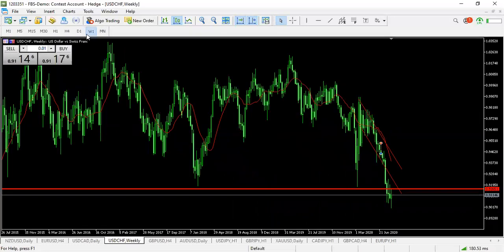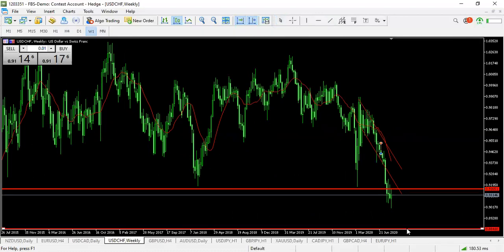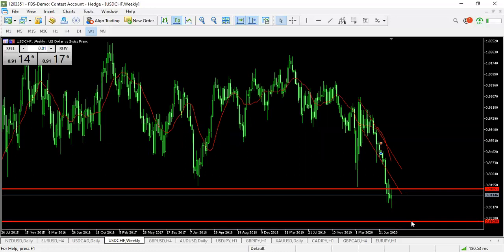Let me just go to the weekly time frame. We're gonna be selling all the way to this zone, 0.88 zone, or even 0.89. Now that's a few hundred pips move, and just like that, this is the end of this week's